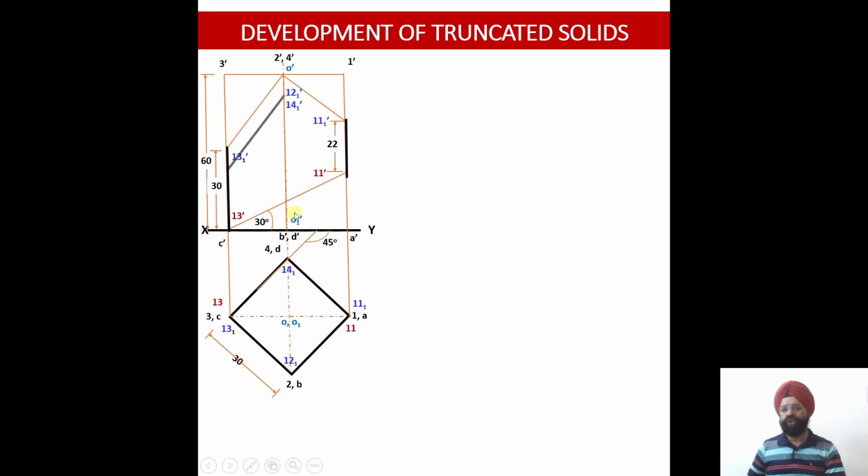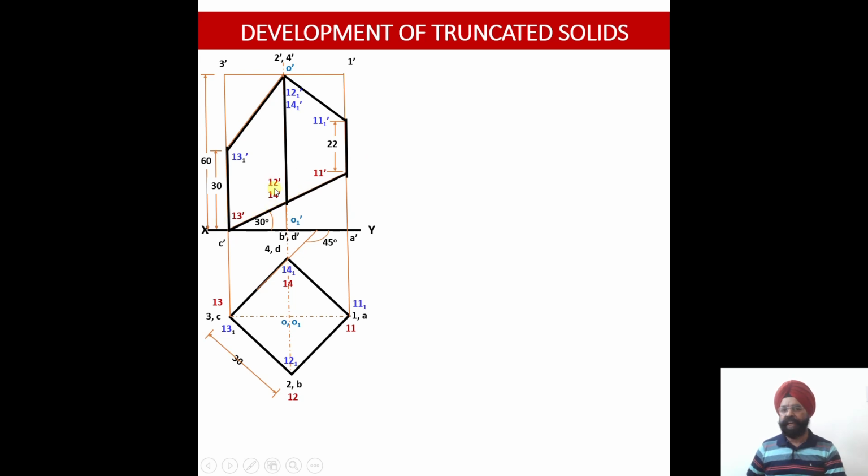And now we are going to join whatever remainder portion of the solid is there. So this is the final shape of the cut solid in the front view. And then there are two more points over here, please check. There are two more points because of cutting of the vertical edges 2 dash B dash and 4 dash D dash by the lower cutting plane, that is the second cutting plane.